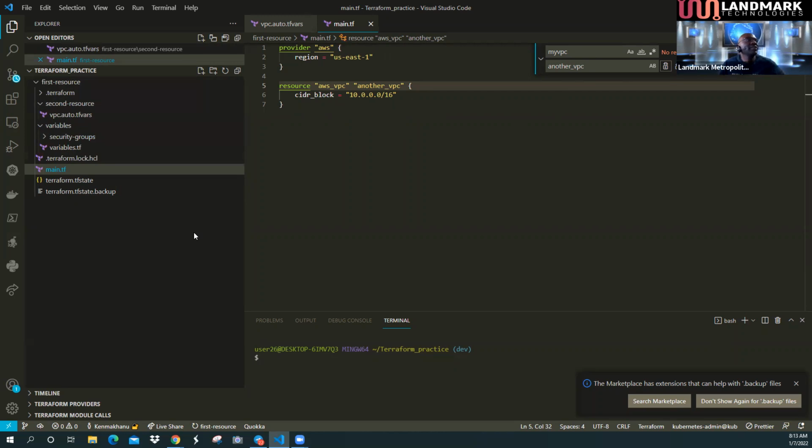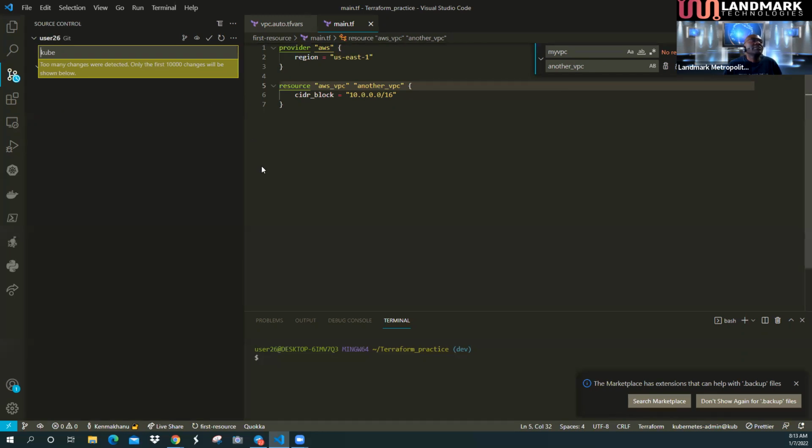Then the other thing that you need to know is we have this extension here, which is Git. If you have installed Git and you have Git configured, you'll have this extension. What this extension enables you to do is everything we do on a command line. For example, if you wanted to initialize a Git repository, you would always do git init on the command line. But with this